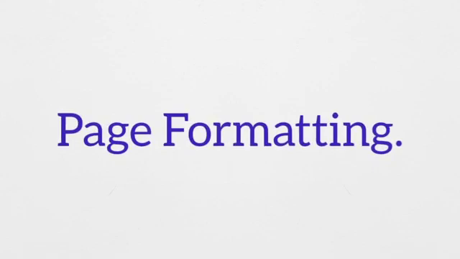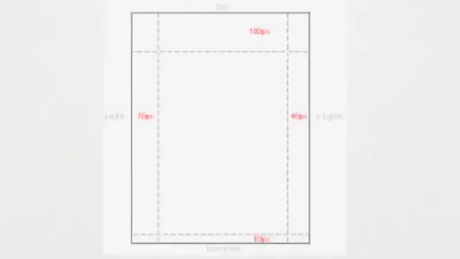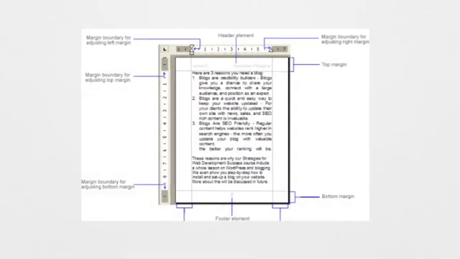Now how can you do the formatting here? You can change the margin. What is margin now? Margin is a white space at the edge of the page on all four sides. Margin is a white space around the page. You must have seen your cursor never starts at the very top of the page. It starts after some margin.